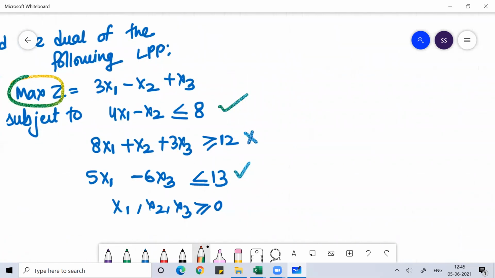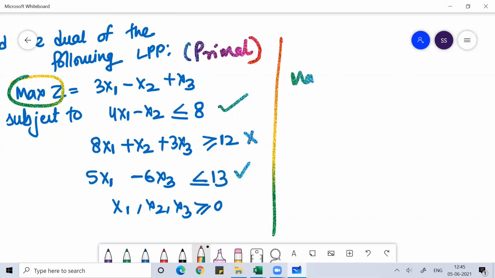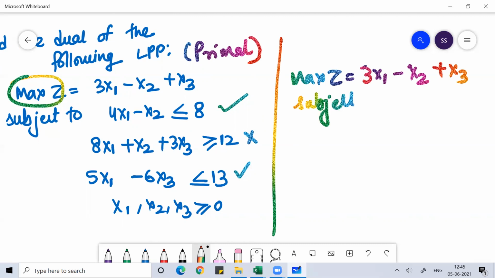This we call the primal. First, you see your primal. When you see the primal, you need to make sure your primal is in canonical form. Since my primal is not in canonical form, I'll write maximize z equal to 3x1 minus x2 plus x3, subject to, writing it in canonical form,